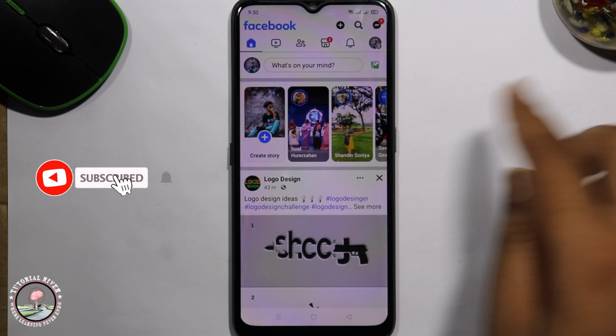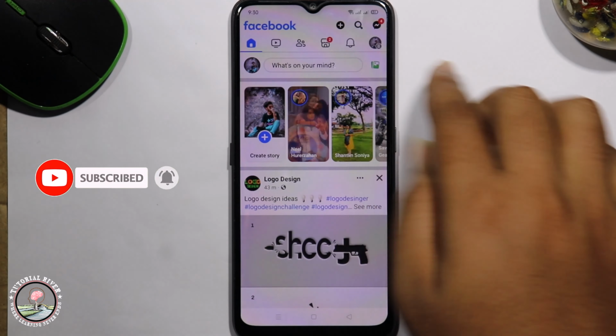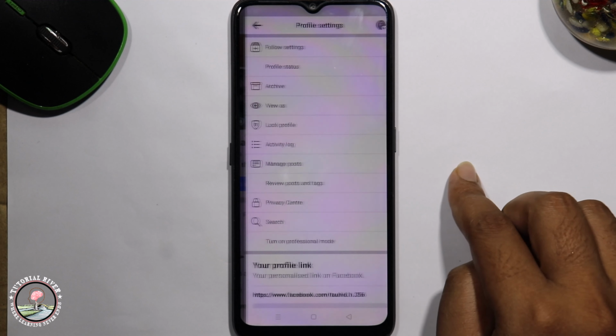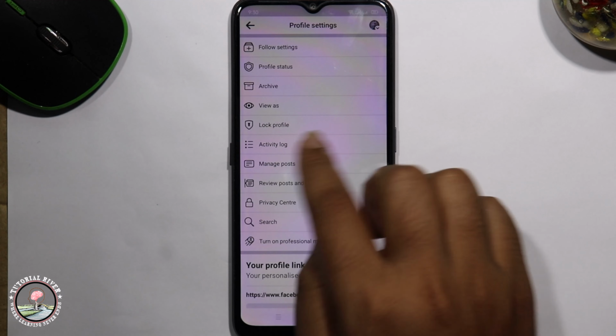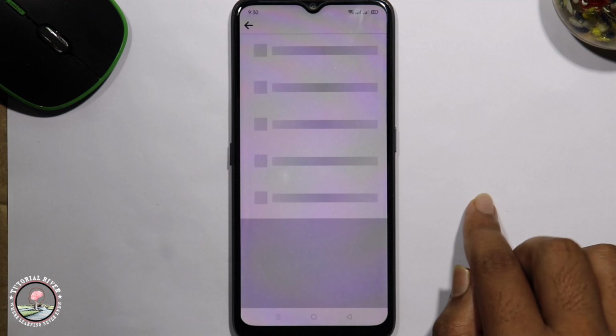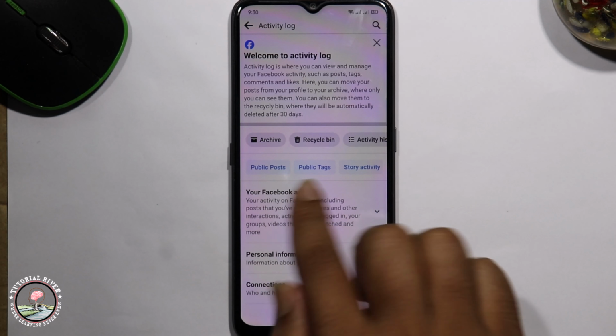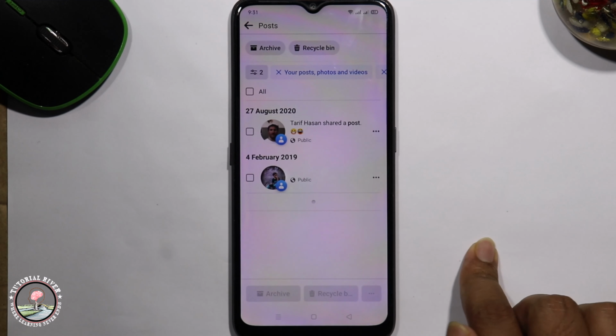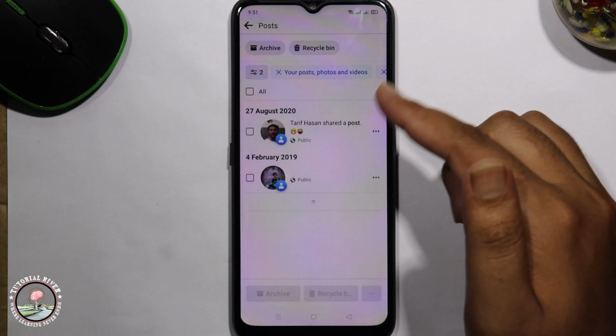So let's get started. Click onto profile, tap onto three dot, click on activity log, select the public post. Now shown here are all public posts. Click onto all,